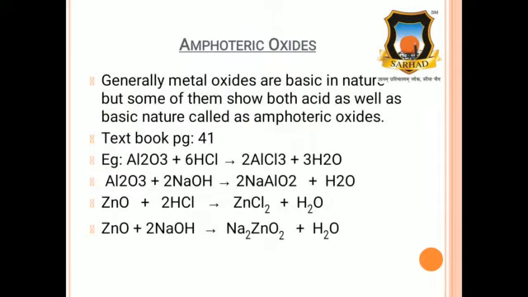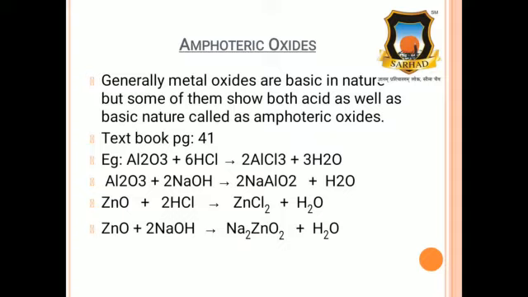Moving to the next topic, which is present in your textbook, page number 41. You must refer to this page and kindly mark down that sentence there. The sentence is about amphoteric oxide. So first of all, what is the meaning of amphoteric oxides? Generally, metal oxides are basic in nature, but some of them show both acid as well as basic nature,